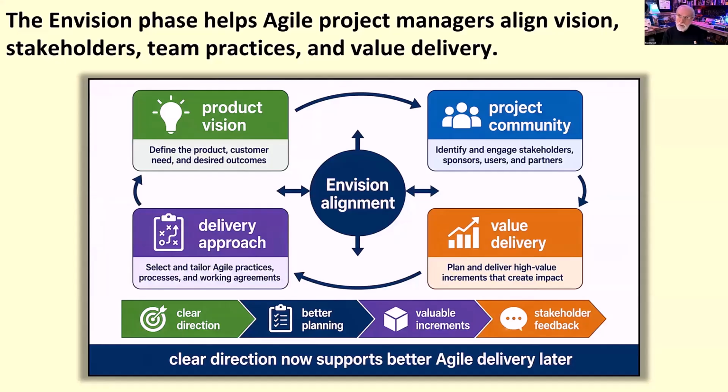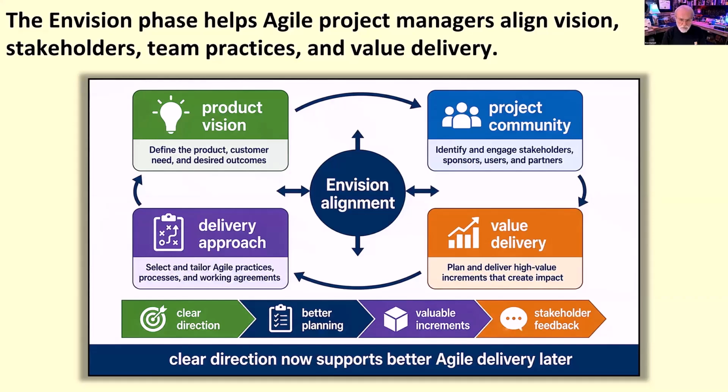Something like then some managerial takeaways. The Envision phase helps the Agile project managers align the vision, stakeholders, and team practices. So the main takeaway from this week is that the Envision phase gives Agile project managers a practical way to create alignment with the organization, strategic alignment with the team before we get any detailed work on the project. The goal is not to create a rigid plan or excessive documentation. The goal is to clarify the vision, identify the community, and define how the team will work and prepare for